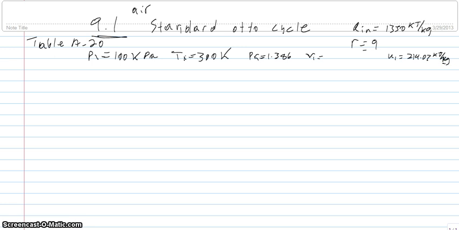Alright, now because of the compression ratio, we know that R equals P2 over P1. Now R is 9 in this case. So P2 equals 900 kilopascal. Right? So next we move on to finding PR2,